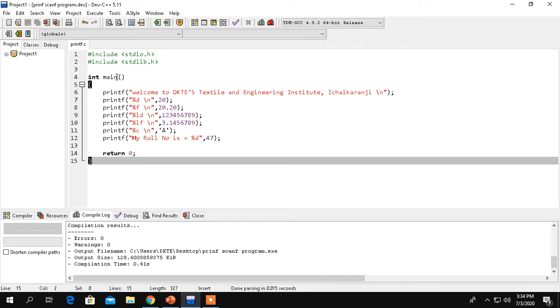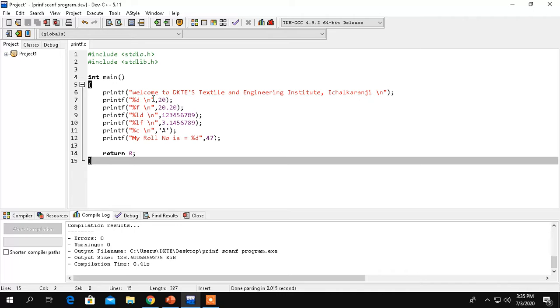So here we are having int main. The main program starts executing from this starting curly bracket. Now in this we are having printf functions. The first printf function is written to show a message over the output window as a statement. Whenever we consider any printf function, we have to write printf, then a bracket, and in that we have to consider double quotes. In the double quotes we write one message which will appear over the output window as it is.